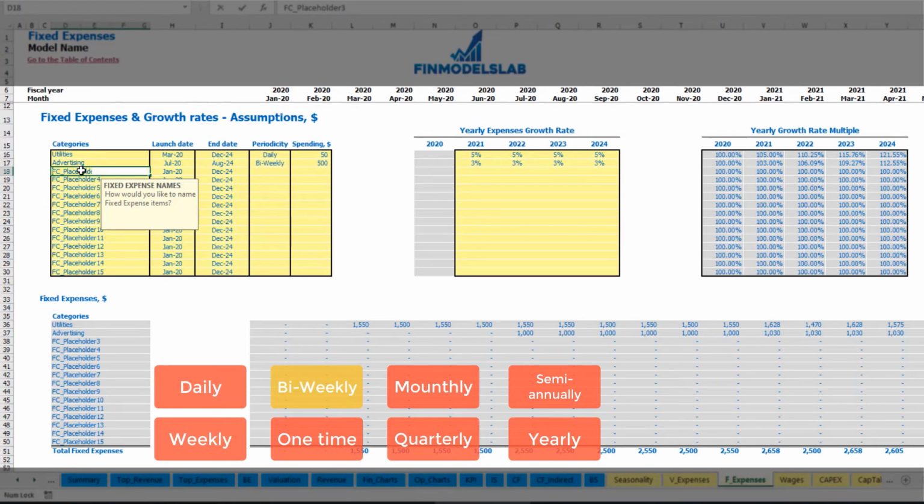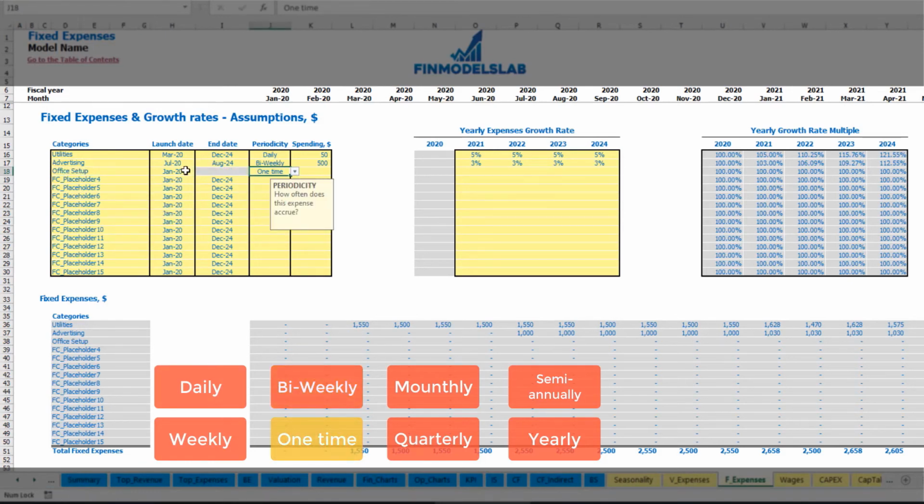Another option, office setup, which can be a one-time payment, which will happen in February 20 with an amount of $5000. Obviously you should not input any growth rates because this is just a one-time fee, and you may see that office setup will happen in February 20 with this amount. Another option,